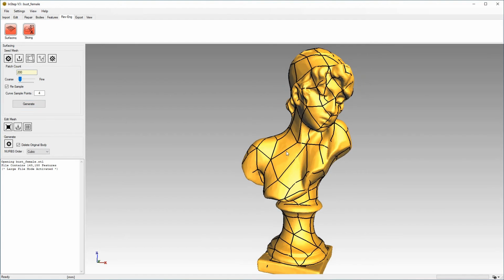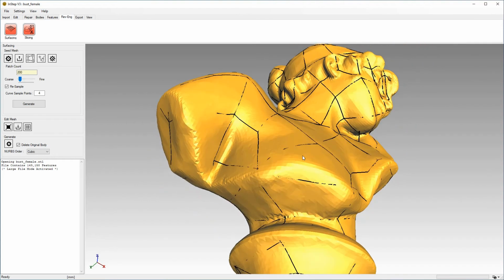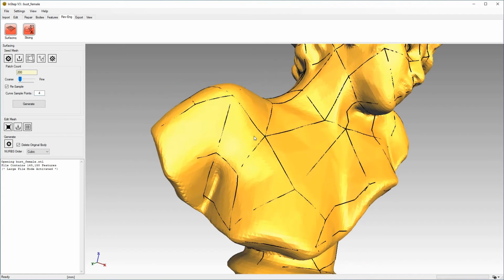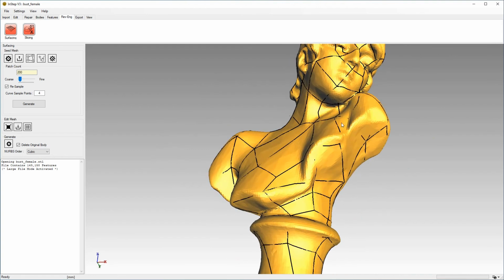by only 200 patches. Now, you might be interested to know that the number of sample points is the number of points that the application will insert between each of these corners. So in this case, we have the corner points and then 4 additional points in between that it will sample at. Note that this should only be increased to about a maximum of 10. After that, the application will start having issues with the number of samples that it needs to find.